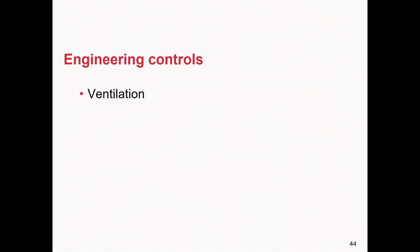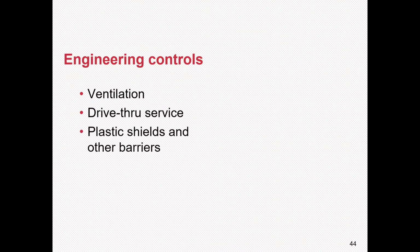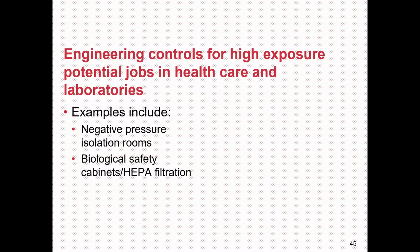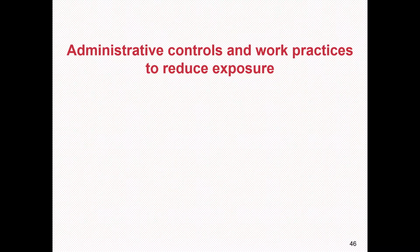The engineering controls consist of ventilation. I mean, we have to make the workplaces as ventilated as possible. Drive-through services, plastic shields and other barriers. I mean, we should arrange plastic shields and other barriers. We should provide sneeze guards. Engineering controls for high exposure potential jobs in healthcare and laboratories. Examples include negative pressure isolation rooms, biological safety cabinets, HEPA filtration, UV irradiation systems,